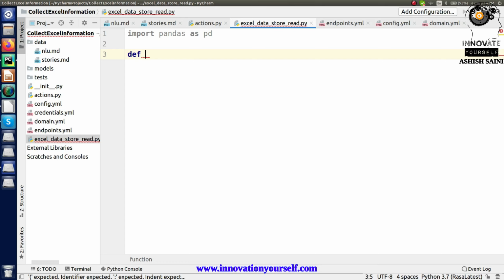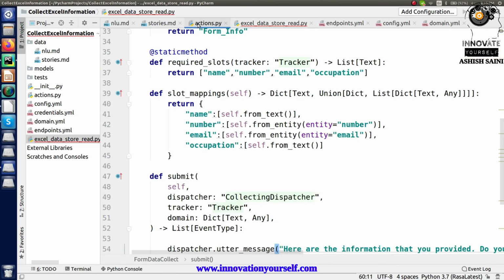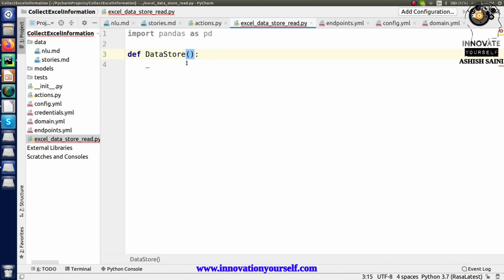So for that function, let's say data store. I will be directly storing the data, but what data I am going to store will be coming from here, and in here I have 4 different values. So this is how I am going to write it. Just go in here now and mention the names for that. Let's say name,